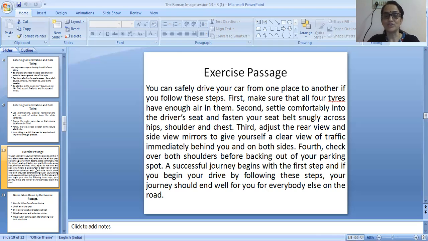This is the passage. So here the passage is given, and how do you take down the notes? While taking down the notes, remember students, you should write only the points. Repetition should be avoided, and unnecessary explanations should be avoided, and don't use lengthy words or lengthy sentences. No need of writing full sentences. You can use abbreviations, you can use pictorial representations. You have to take down the notes in terms of points. Let us see how